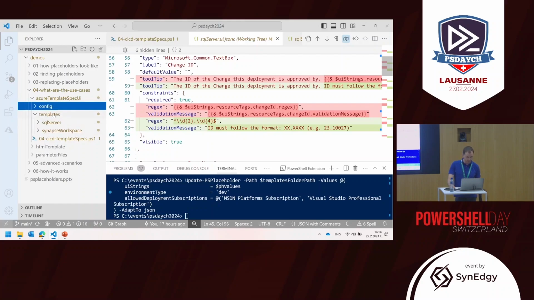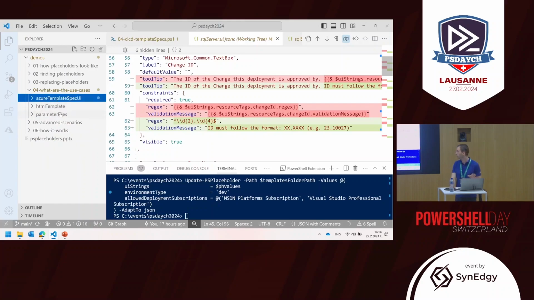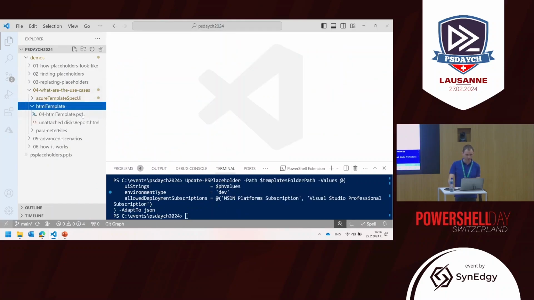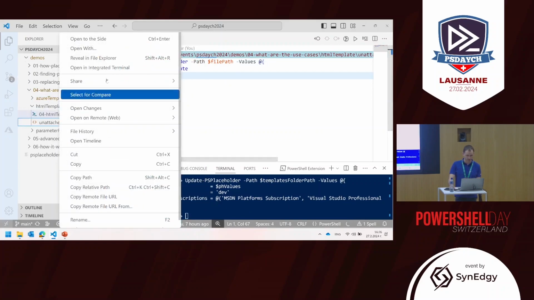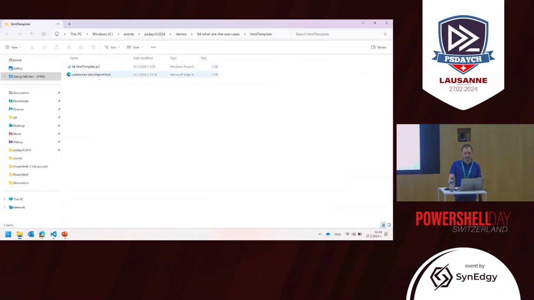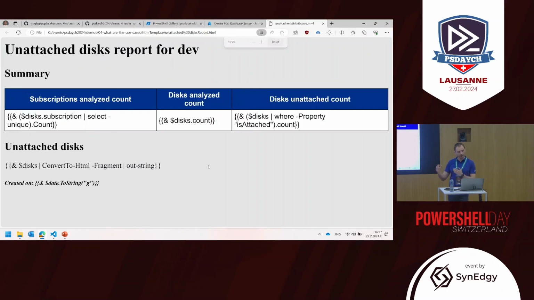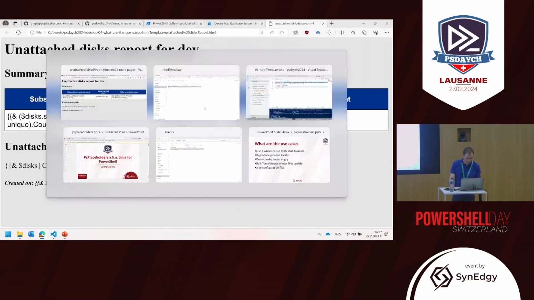Another case might be a scenario where, and please tell me if I'm going too fast. Let me close all that. Another scenario might be where you have some kind of HTML document, let's say you are about to send as an email. And this is an example, let me make it bigger, of a template that contains some placeholders. And as you can see, these are executable placeholders. And in all of the places, or actually there are only 2 inputs that I have to provide. And we can check that if I